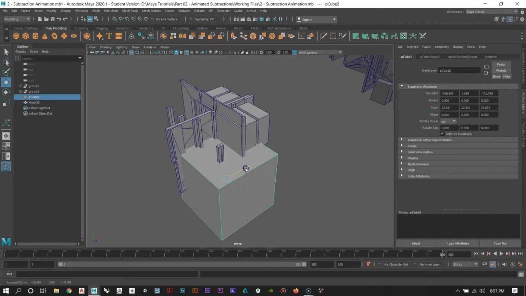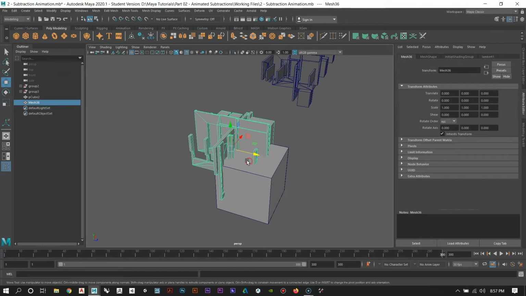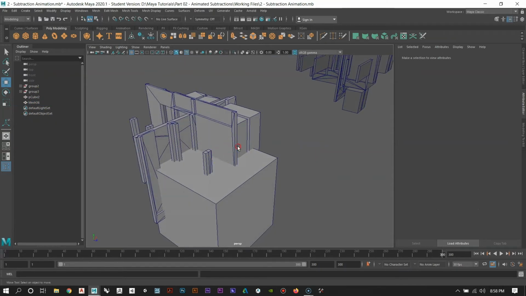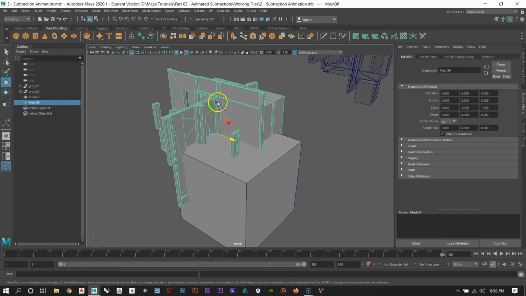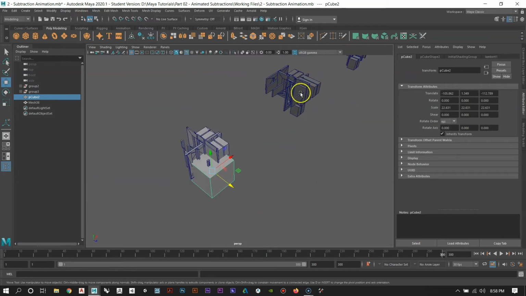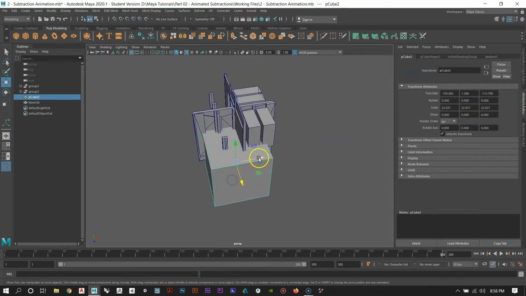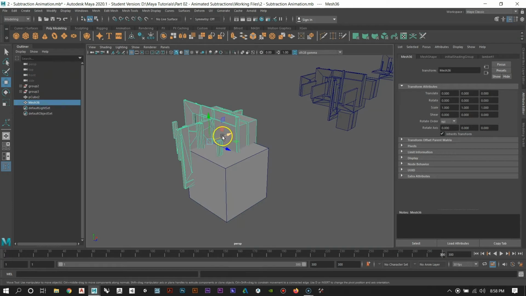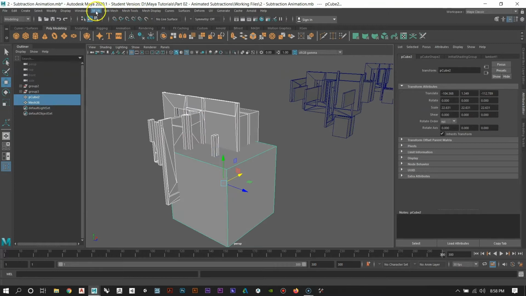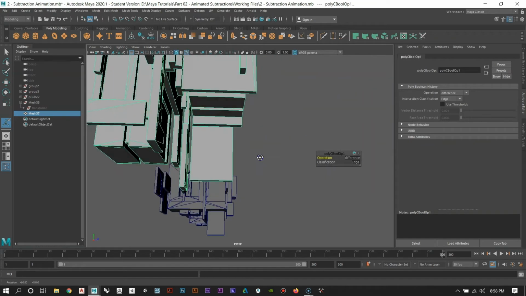So what we'll do is subtract this cube from this mesh. I want you to pay attention to what happens in your outliner. Try to remember that this is mesh 36, and this is p cube 2. You can ignore groups 2 and 3 right now; we're not dealing with that geometry. So let's subtract this cube from this massing. I'm going to select the massing first, then hold Shift and select the cube. I'll then go up to Mesh, Boolean, Difference,